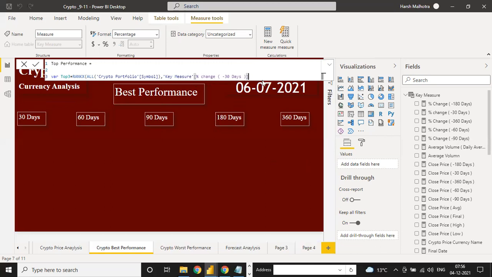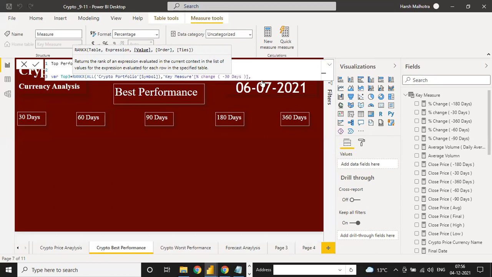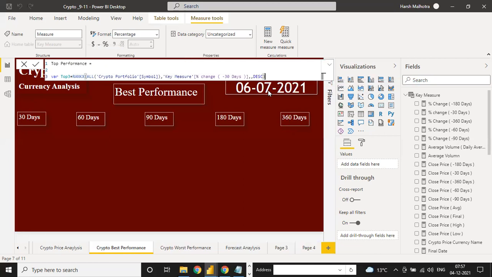And now value another, and now there is a two option, ascending and descending. See, if you click anything into the top, it means you have to descending order, not on the ascending order. Ascending order means your lowest order, but descending order means your top of the value. So click always descending for the top performance. And now this is your variable.